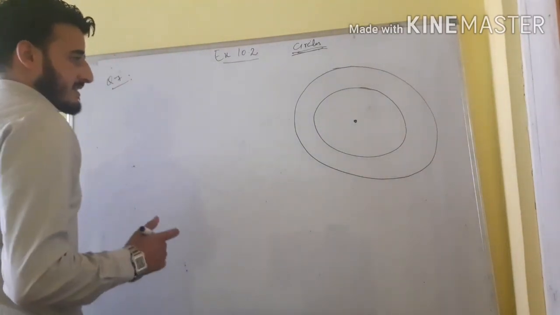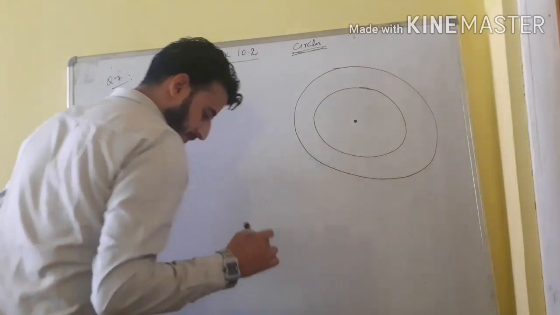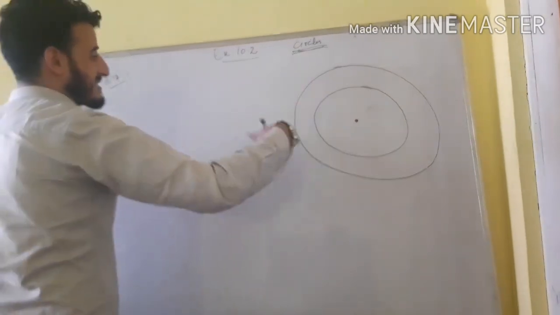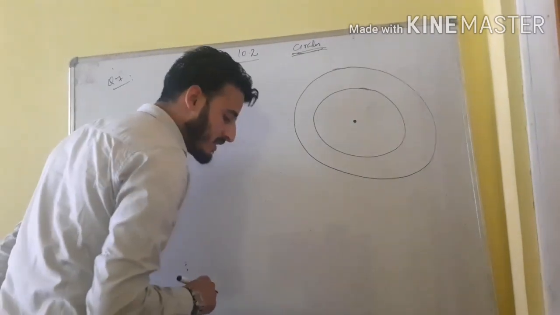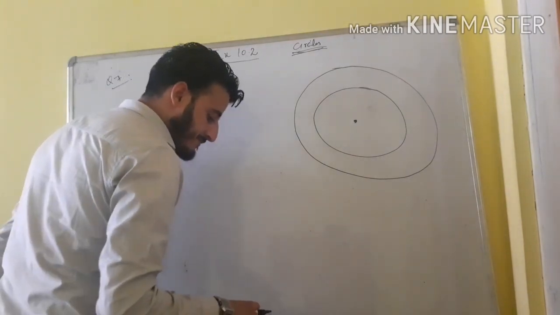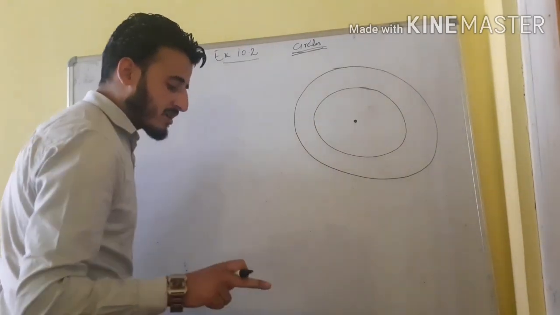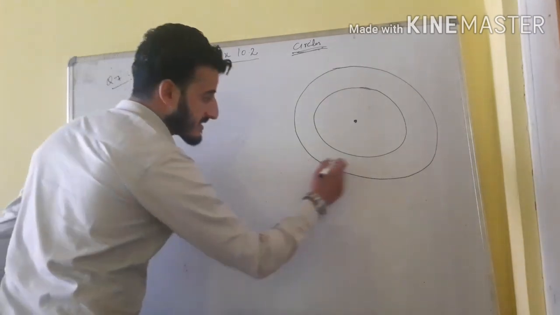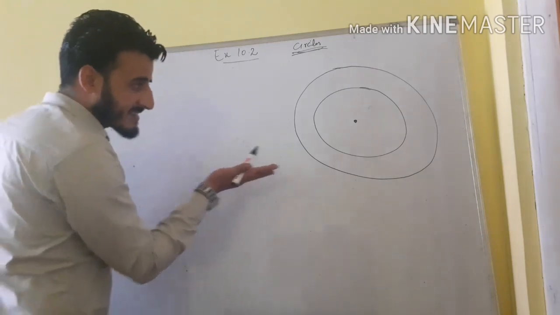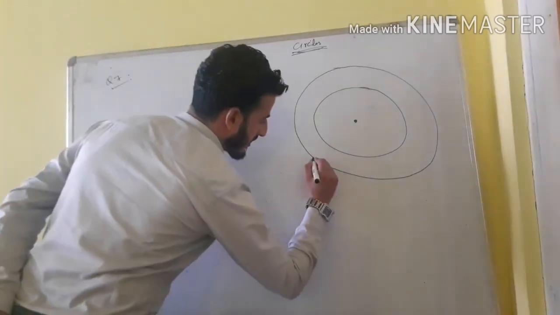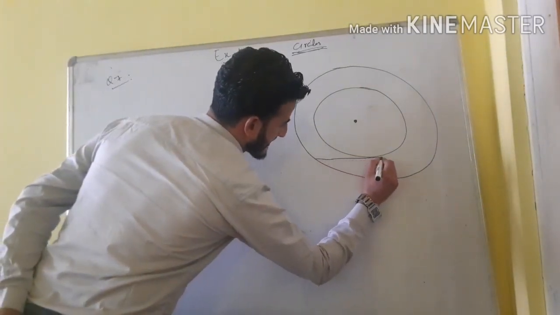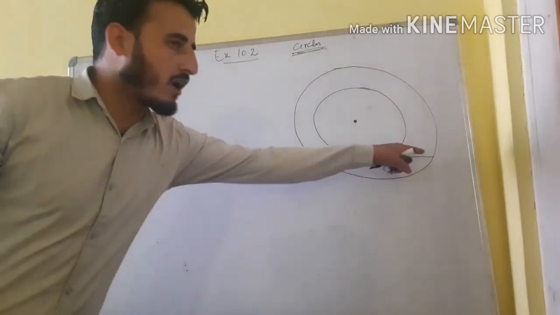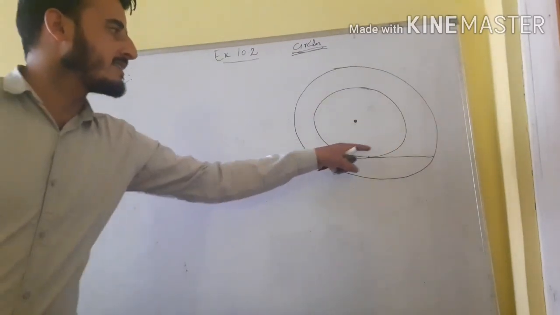It is given that the radius of the smaller circle is 3 centimeter and the radius of the bigger circle is 5 centimeter is one thing. Second important thing is that find the length of the chord. We need to find the length of the chord of the larger circle. Larger circle का जो chord है वो इस तरह है that it is touching the smaller circle at one point. That means it is going to act as the tangent for the smaller circle. बड़े सर्कल के लिए तो एक chord ही होगा, but smaller circle के लिए ये एक tangent रहेगा.